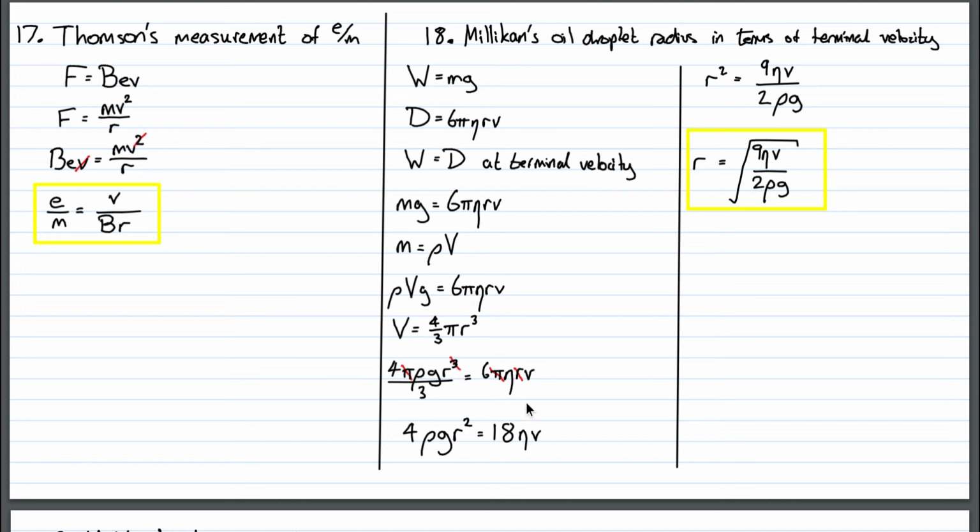And now we can cancel pi on both sides, cancel an r from both sides, multiply through by 3, and we get this expression here. Rearrange it to get r squared as the subject, and then divide through the right-hand side to get a simpler sort of fraction. Rather than 18 over 4, we've got 9 over 2, doesn't really matter. And then take the square root of both sides, and there we are. We know the viscosity of air, we know the terminal velocity of an oil